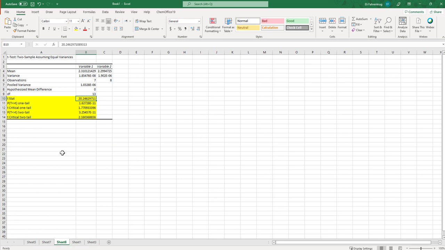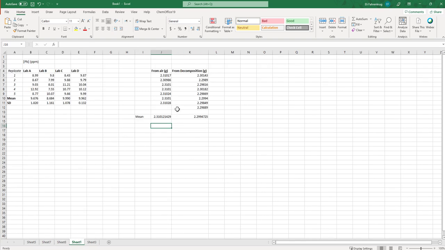So here's our computed t statistic. It's quite large, which means that the means of these two values, the differences there, are pushed out at roughly 20 standard deviations from the population mean, whereas the t-critical, the tabular value for the two-tailed test at 95% confidence, says it should only be out at about 2. So in this case, we would conclude that the mean value from the air analysis is statistically different with significance at 95% confidence from the mean value determined by